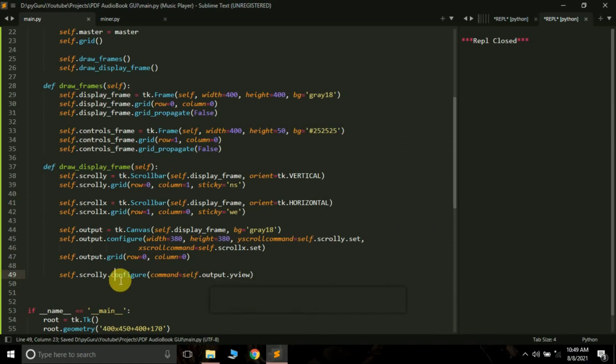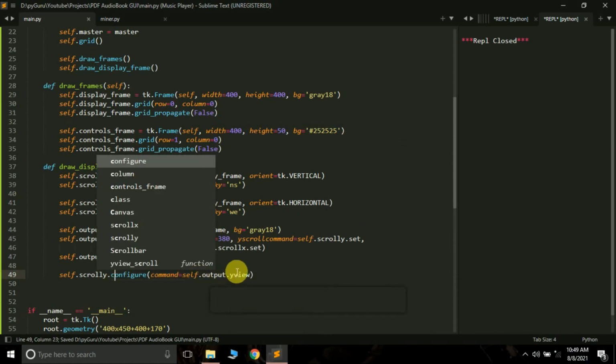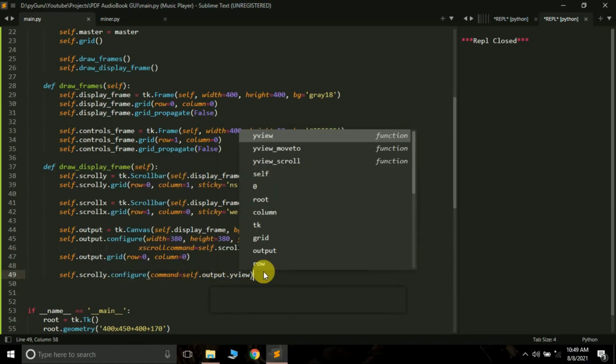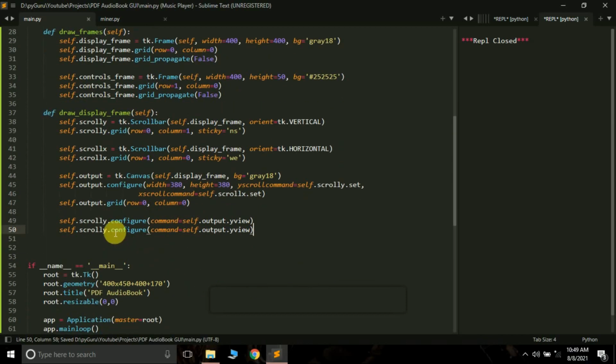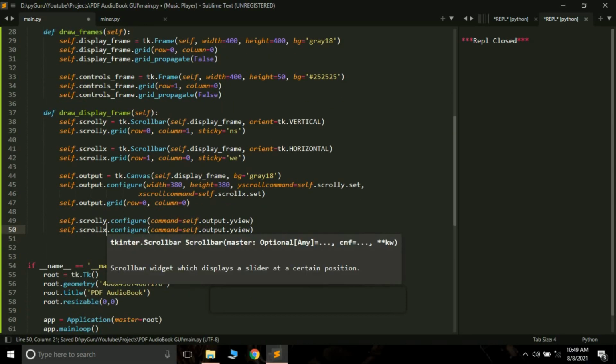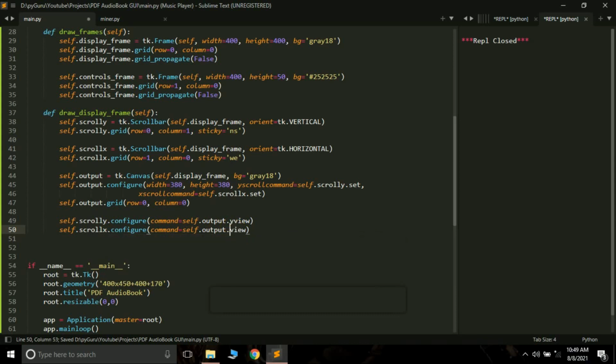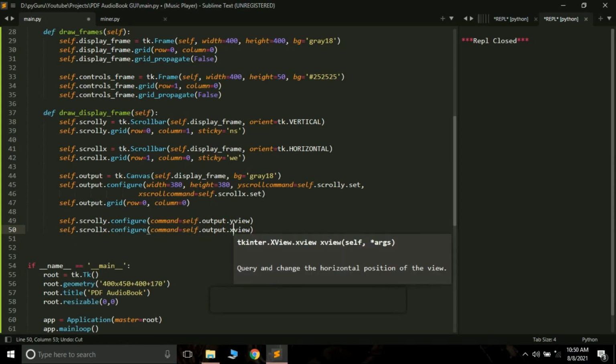Now see what it means. We are configuring scroll_y so that it shows our Y view. Basically it means that it will be scrolling in the Y direction. Remember to do this, otherwise your scroll bar will not work correctly. Again here, we have to pass the xview.